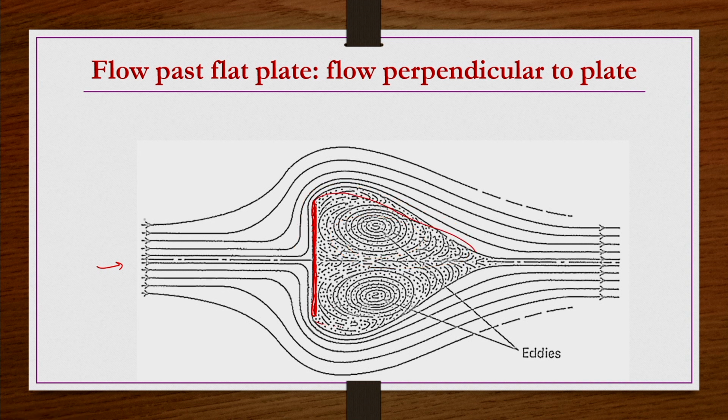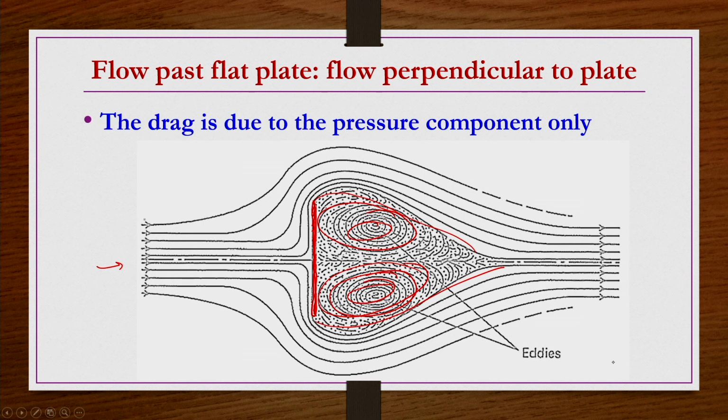eddy, something like this. So, these are the recirculation eddies in general, right. So, they are forming like this. Under these conditions, whatever the drag is there, that is primarily due to the pressure component only, that is form drag only, whereas the wall drag is a very small component here. So, these are the two extremes for the previous case where we have considered both the components